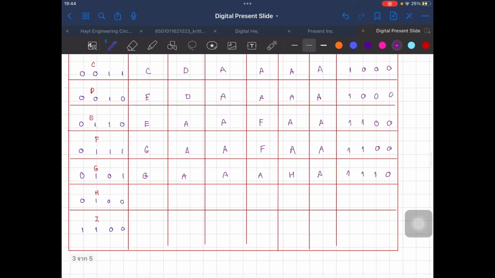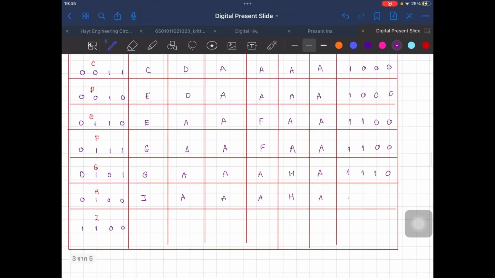And at state H, if you still press switch 3, stay here, and if you release, go to I, and then another goes to A. And the output is still like this,